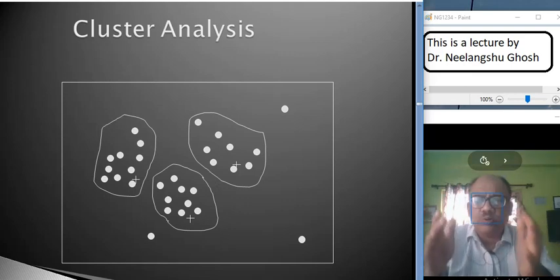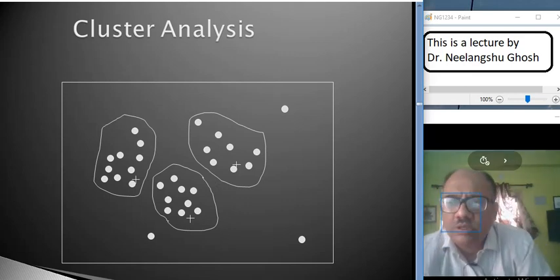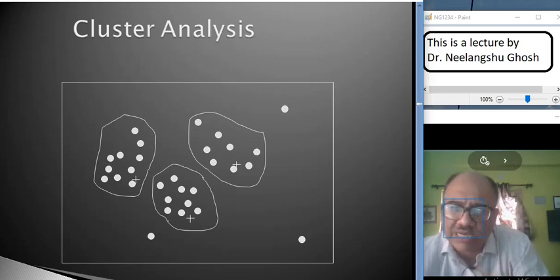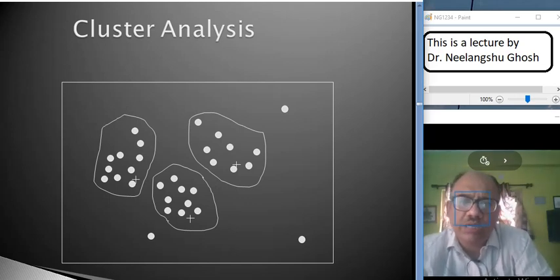Looking at the data, looking at the values, it can be grouped in such a way. That is how the clusters are made, and the others, not belonging to any of the clusters, are outliers, and those can be removed.